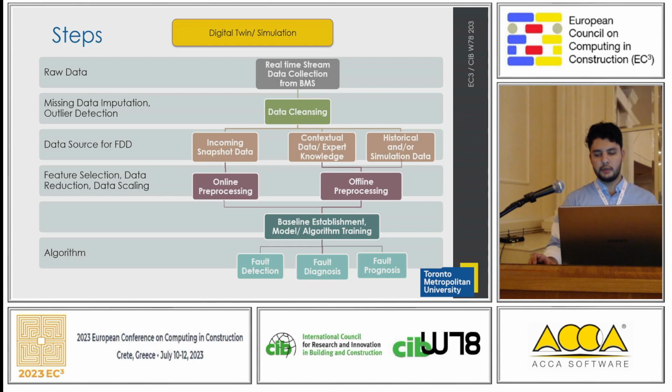After that, we need to do some sort of data cleansing. For example, we need to impute some missing data with methods like filtering or expectation maximization algorithms, or we need to detect and filter out outliers. After that, we probably need some additional pre-processing like feature selection, data reduction, and data scaling, because we don't like to work with high-dimensional data. Filter, wrapper, embedded, and hybrid methods are some examples of data reduction techniques.